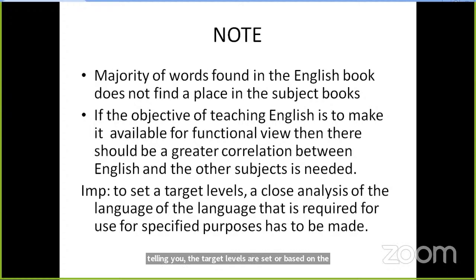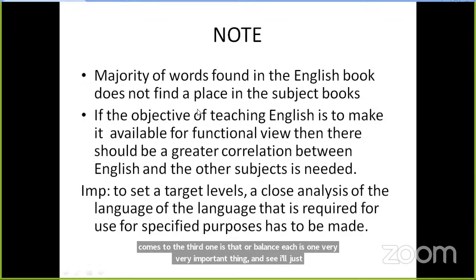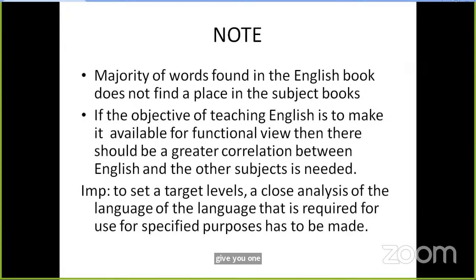And the third one on the list is that pronunciation is a very, very important thing. I'll give you one example, the word "double up." For example, a non-native speaker actually says "double up." What do you mean by it? The native speaker won't understand this word, right? What do you mean by this "double up"? So there is a communication gap. You won't understand what is actually meant. So pronunciation is also very, very important